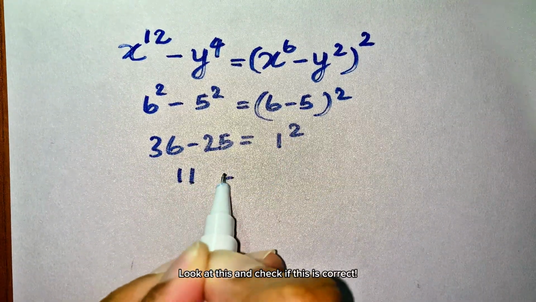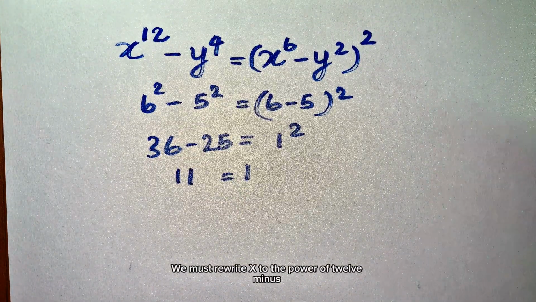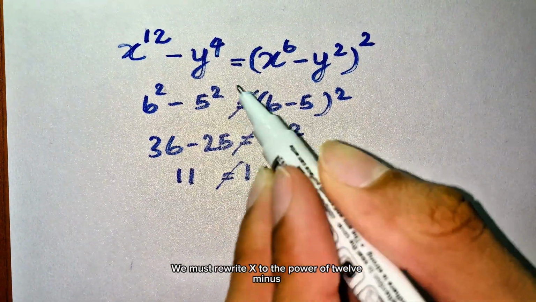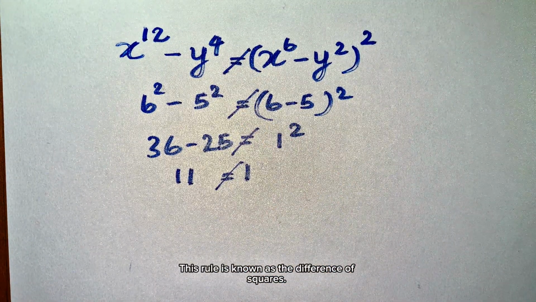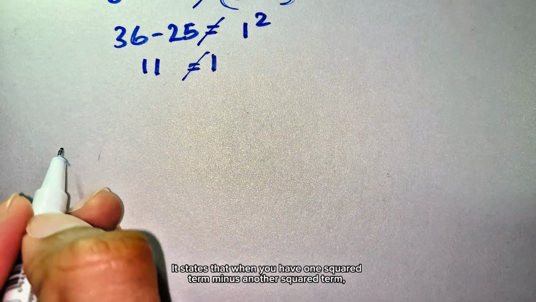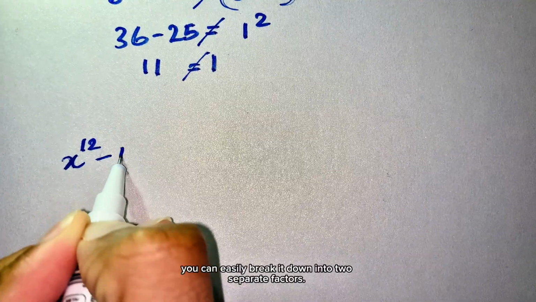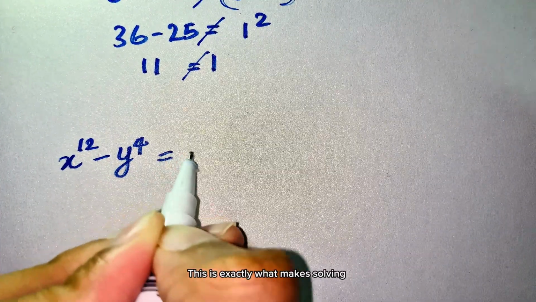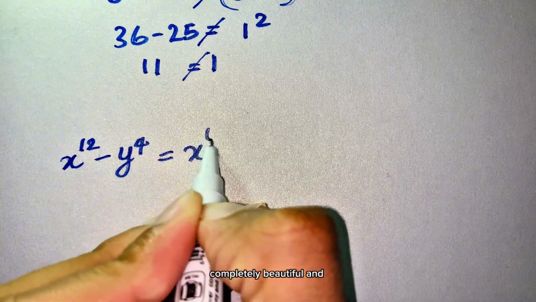Look at this and check if this is correct. Here's the correct way to factor this expression. We must rewrite x to the power of 12 minus y to the power of 4 using a brilliant hidden rule of algebra. This rule is known as the difference of squares. It states that when you have one squared term minus another squared term, you can easily break it down into two separate factors. This is exactly what makes solving seemingly impossible algebraic equations look completely beautiful and shockingly simple when